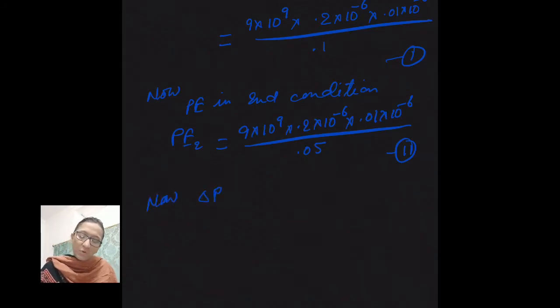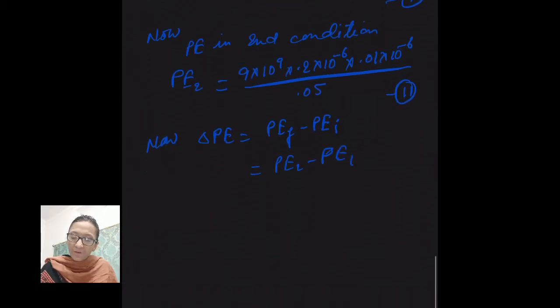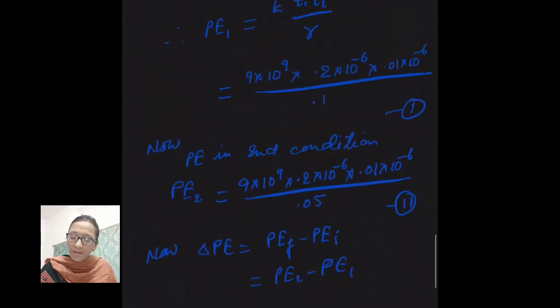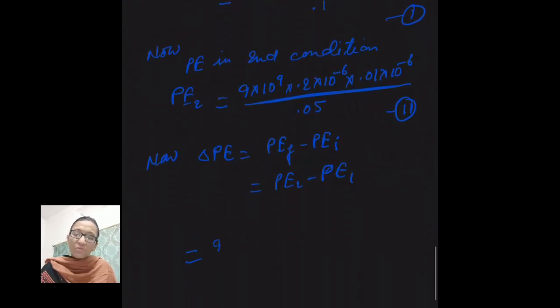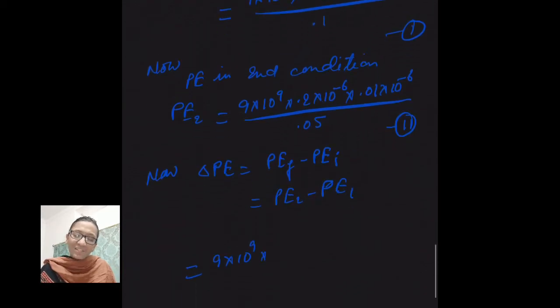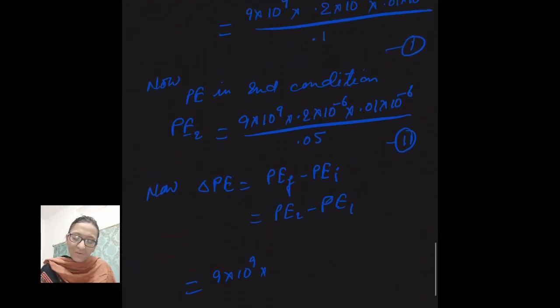Now the difference of potential energies is equal to PE final minus PE initial, is equal to PE2 minus PE1, and this is equal to, I'll take every common term outside, so you have 9 into 10 power 9